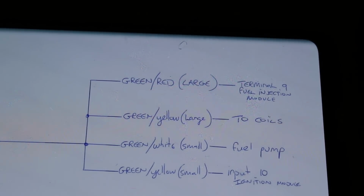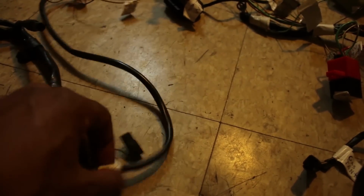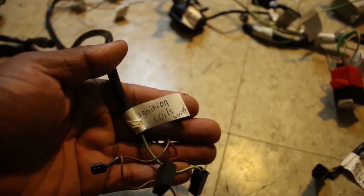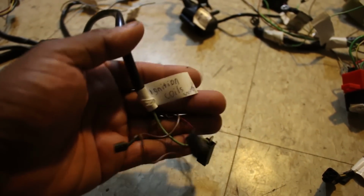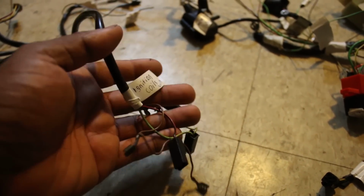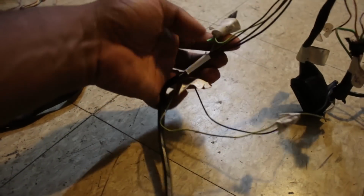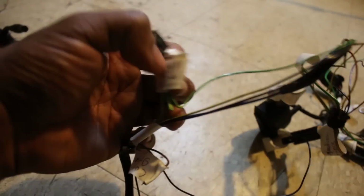Then you got a green and yellow to the coils. Now, the whole coil cluster is right here, as you can see, which I labeled. Always label your stuff, man. This is making this thing so much easier because I haven't touched this in months, and I have everything labeled for myself. But so tracing that back, that green and yellow back to here,